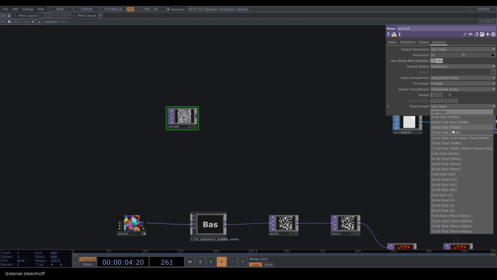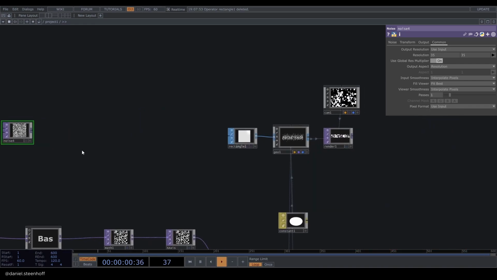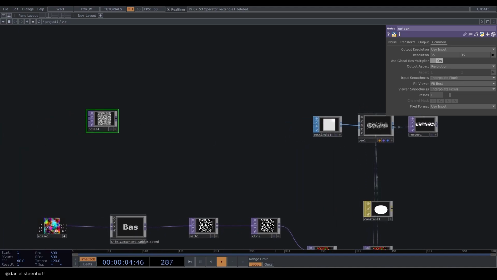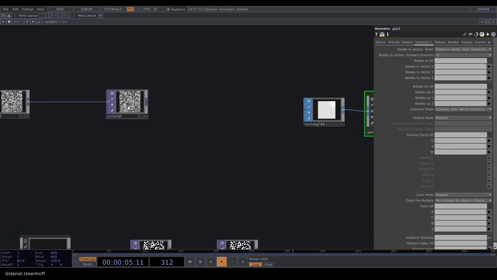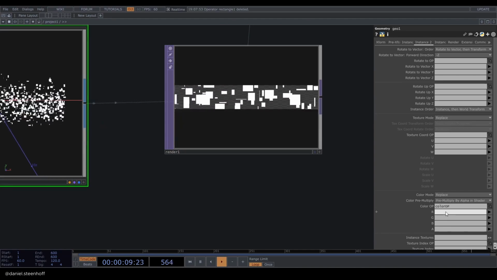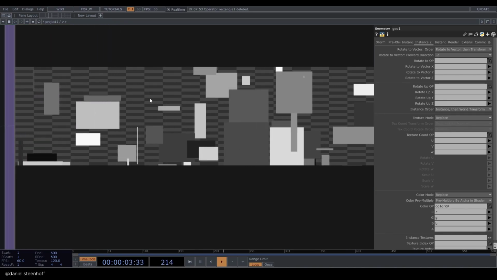This does not need to be a 32-bit float, because now we're working with actual colors, and again the colors can't be bigger than 1 or smaller than 0, so this is fine. And we can just press Alt N and make this the color up. And now if we drag this on here and fill in our R, G and B, we get these different